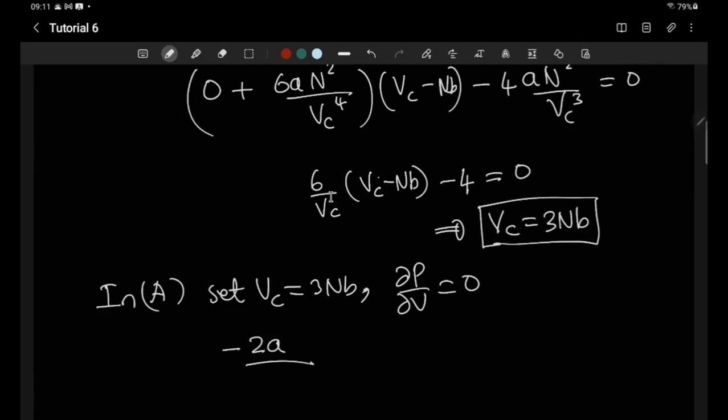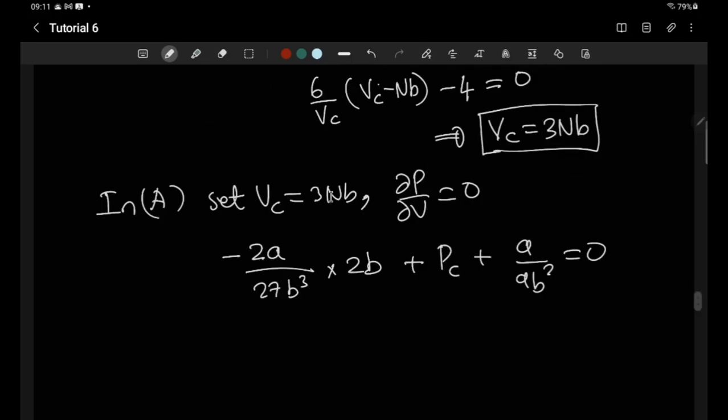We get a by 27b cubed into 2b plus Pc plus a by 9b squared equal to 0. And if you simplify this,